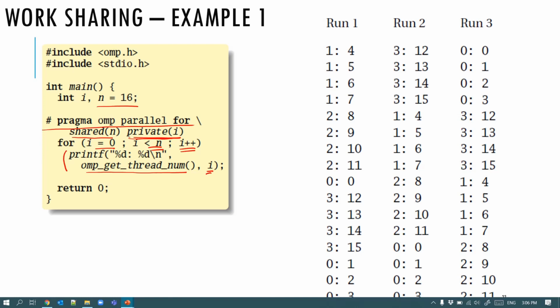As an output, we see that, for example, thread number 0 has worked on the iterations 0, 1, 2, 3. Thread number 1 worked on the iterations 4, 5, 6, 7. Thread number 2 worked on the iterations 8 to 11, and thread number 3 has worked on the iterations 12 to 15. So all in all, we have 16 different iterations, and each thread took one chunk, actually the exact number of iterations, which is 16 divided by the number of threads, which is 4,